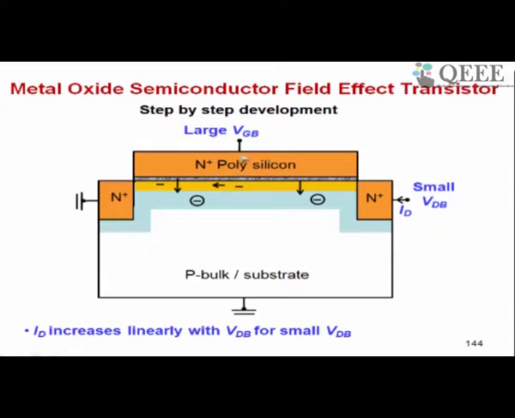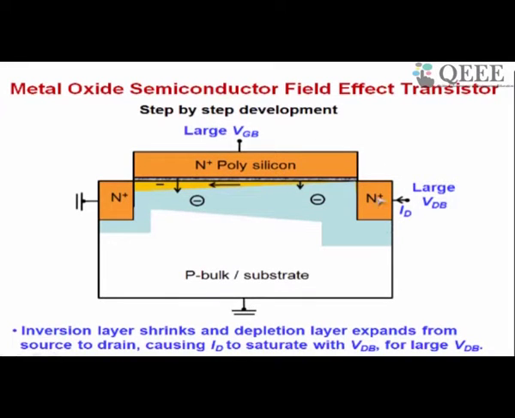And this terminal is now called a gate, because by changing this voltage I can shut off the current flow or I can switch on the current flow. I can create an inversion layer to create a current flow between drain and source by applying a suitably large voltage. If I remove the voltage, this inversion layer will vanish and the current also will vanish between drain and source. That is why this is called a gate. So when you apply this voltage, you will get a current that flows like this through the inversion layer. That is what is shown by this arrow. So the arrow shows conventional current movement, whereas electron movement is in the opposite direction.